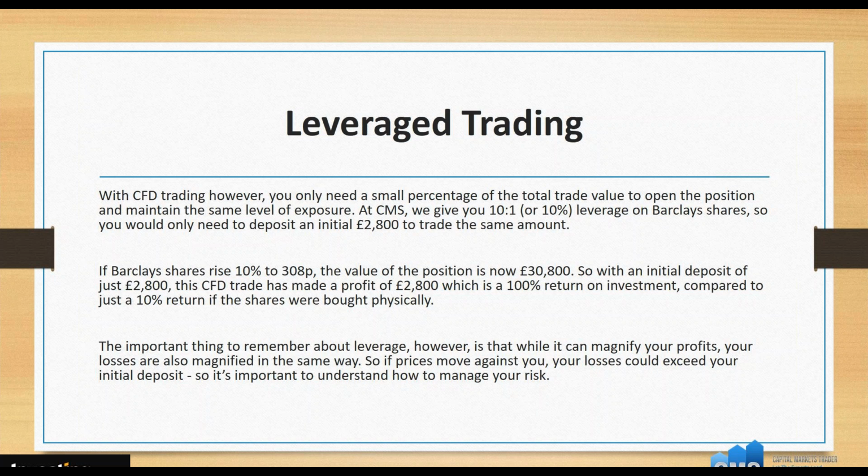Now, at CMS we give 10-to-1 leverage or 10% leverage on shares. So on the Barclays shares, you would only need a deposit of £2,800 to trade that same amount. Now, if Barclays shares rose 10% to 308 pence, the value of your position would then be £30,800. So, with the initial deposit of £2,800, the CFD trade would have made a profit of £2,800, which is a